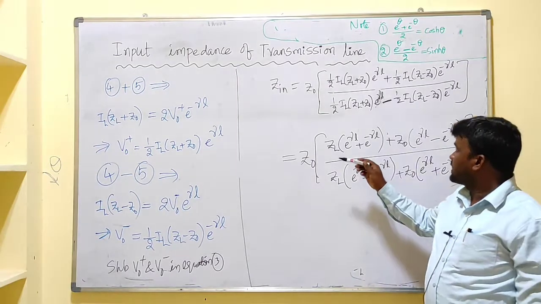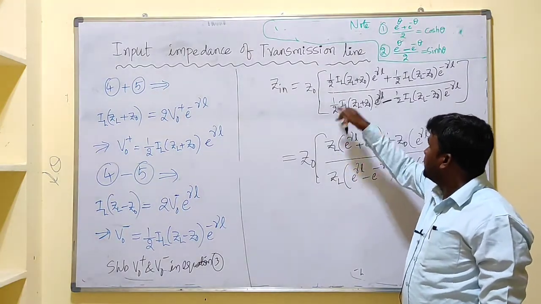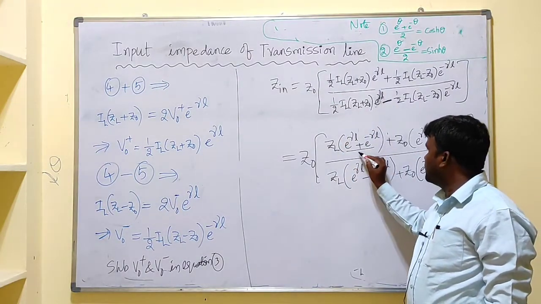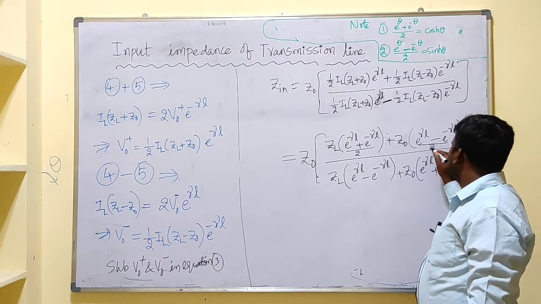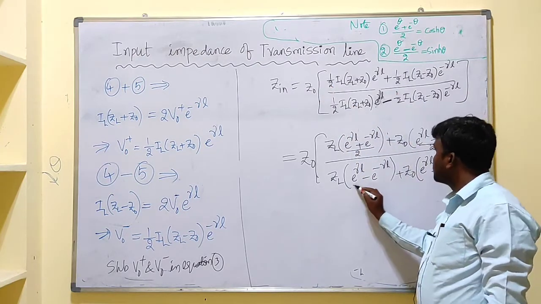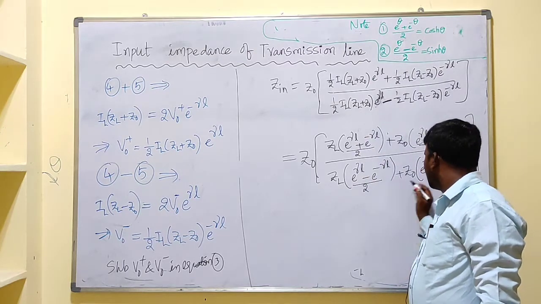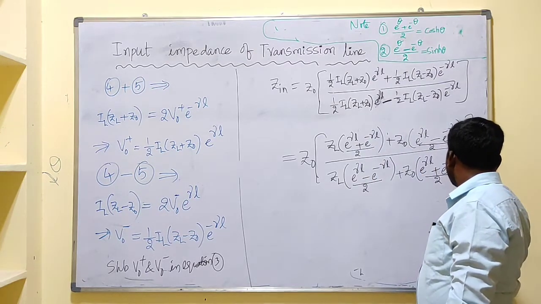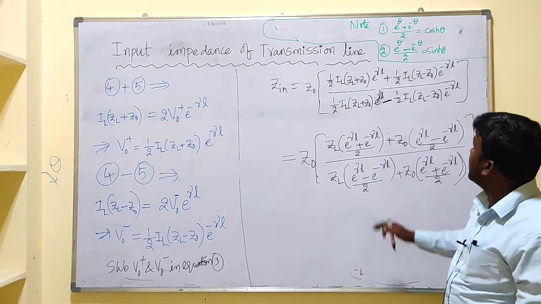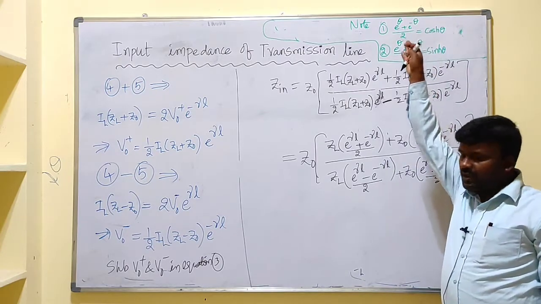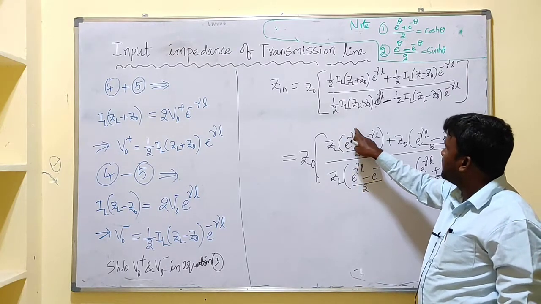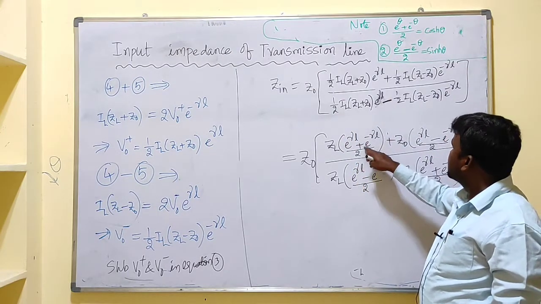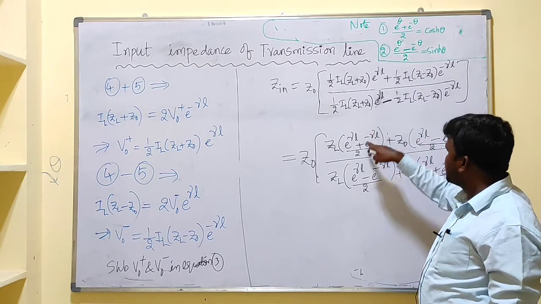Okay. Let us cancel only this IL in the numerator and denominator. We can go for that by 2. Here we have by 2, and we can write here by 2 and here also this 1 by 2. So it is in the form of what? That cos h form, hyperbolic form. Instead of theta, here we have what? E to the power theta. Theta is nothing but gamma L plus e to the power minus theta means e to the power minus gamma L by 2.